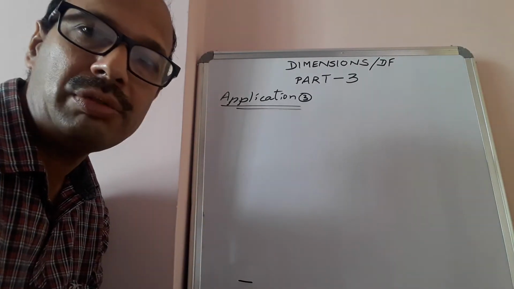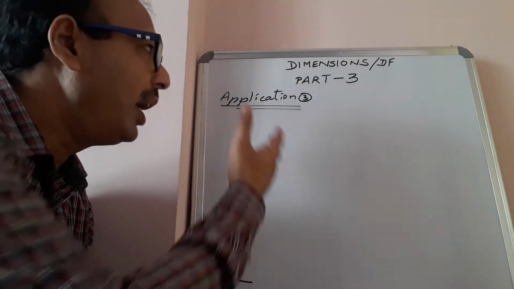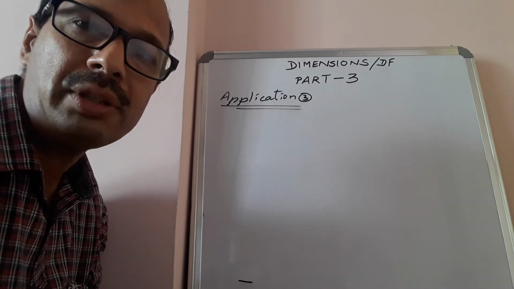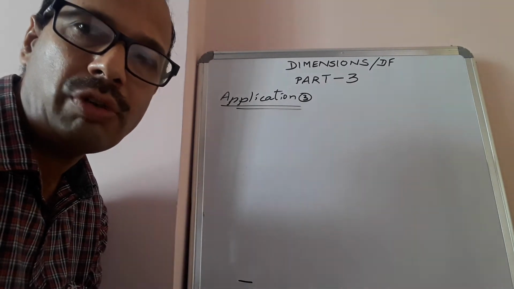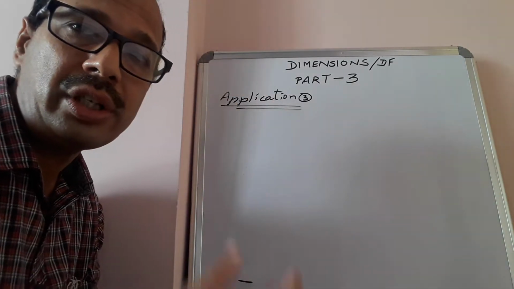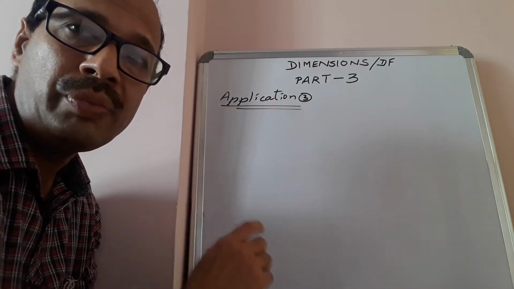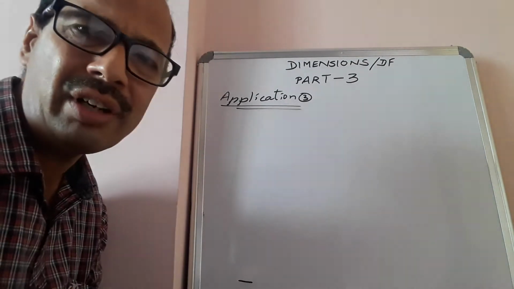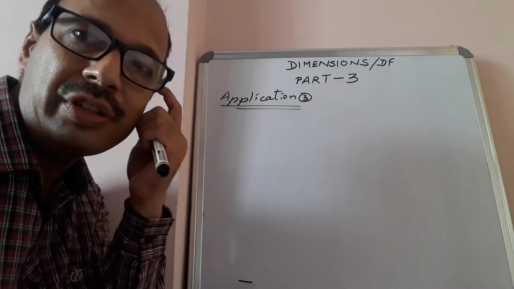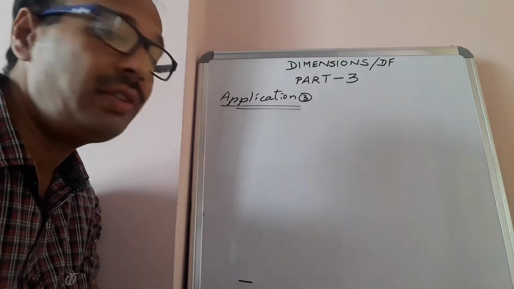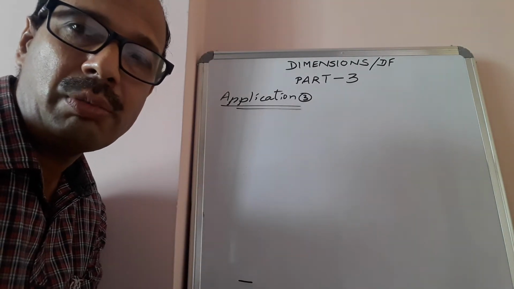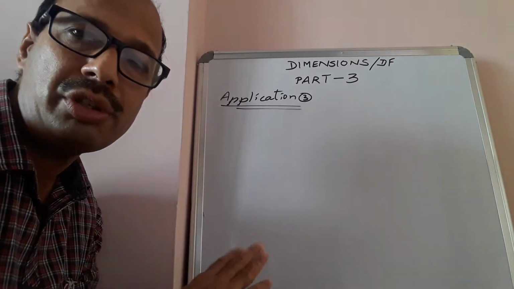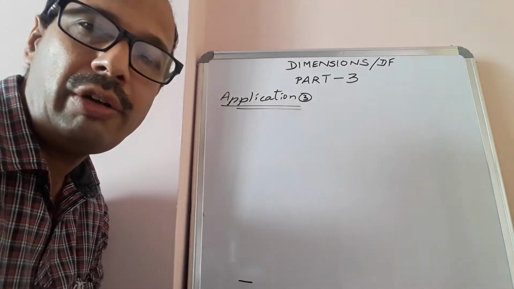Those who did not see part 1 and part 2, once you go through it and then come to part 3. In this, we are discussing the applications of dimensional analysis, uses of dimensional formula. In the first one, we discussed that it is also used to derive the dimensions of a derived quantity. Second one, the dimensions of physical constants. The third one, here this dimension formula is also used to convert the units of a quantity from one system to another system. Now I will give you two examples.